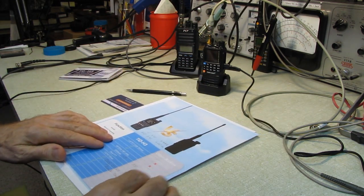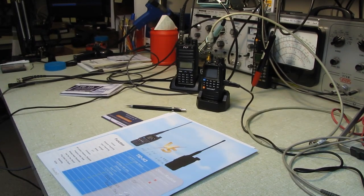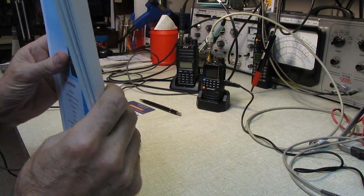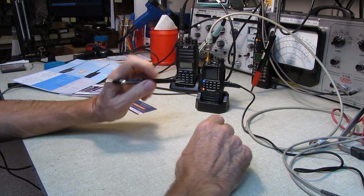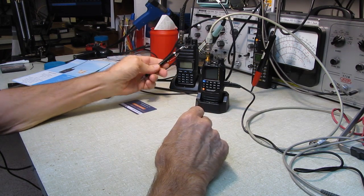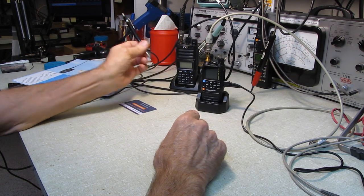Okay, they advertise this as being a 5-watt radio. I'm going to test that now and we'll verify the power output. I'm always curious to see how spectrally clean these sets are. Guys who watch me regularly have seen me do the Baofeng when I tested the TYT and the Alinco, and I think I had an ICOM here at the time,